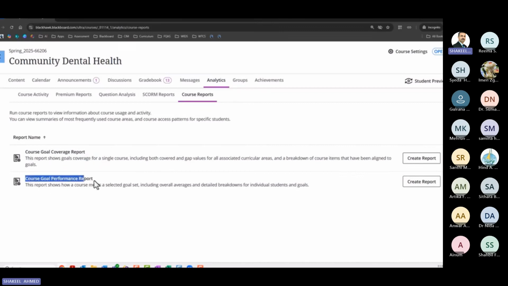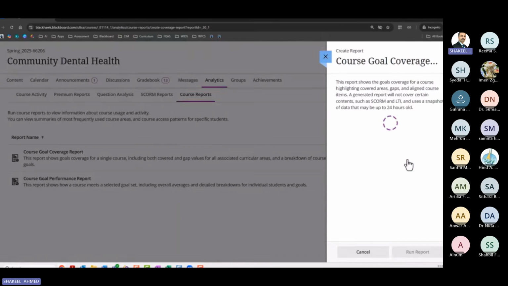Then what's even more amazing, and this could be an additional follow-up after the fact, is when students actually take that given assessment, so the quiz where the tag is, you can see how they've performed on it. And you can even set the metrics. So if you want it to be an 80% or higher metric, you can actually dictate that when running this report. So very helpful data coming from Blackboard Ultra now.